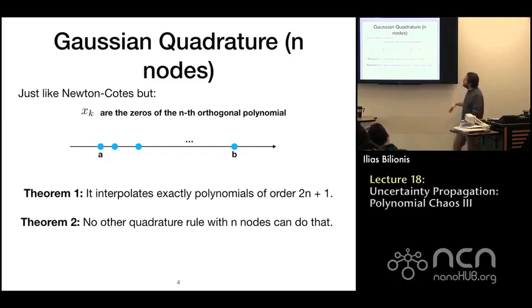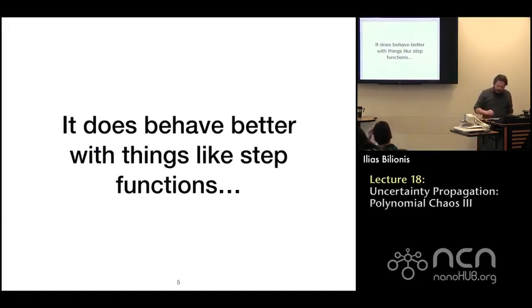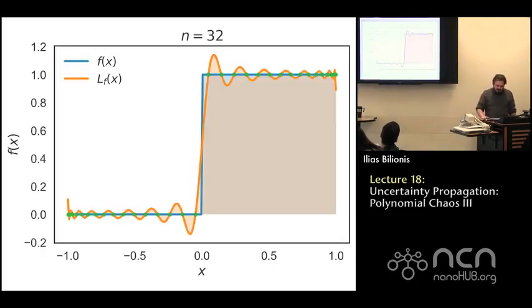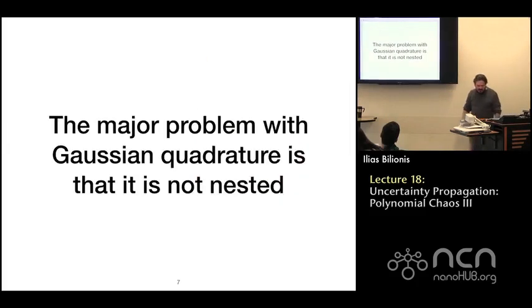First, it interpolates exactly polynomials of degree 2n plus 1, which is remarkable, and it is optimal in the sense that there is no other rule with n nodes that can do that, but you should not really use it. And the main drawback is that, one of the main drawbacks is that it is not